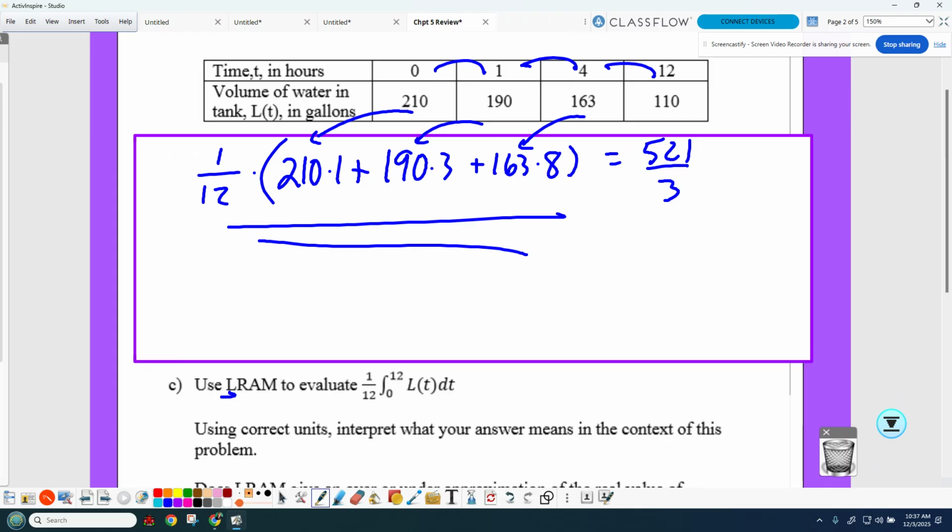So in context of the problem, what does this mean? Average water in the tank. Okay, use more words. Average water in the tank between time 0 and time 12. So over the 12 hours, the number of gallons of water in the tank was about 176 point whatever gallons. But yeah, it's the average water level over 12 hours. Was it ever that height? Exactly once, because it doesn't look like it's being added to. Okay,